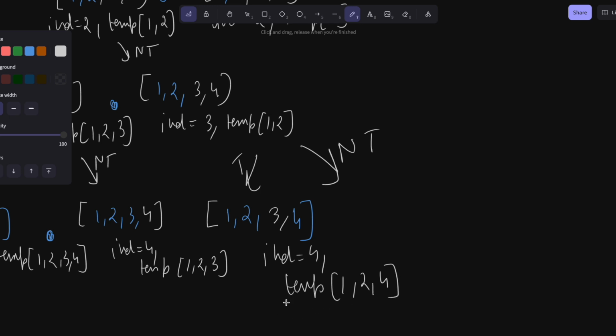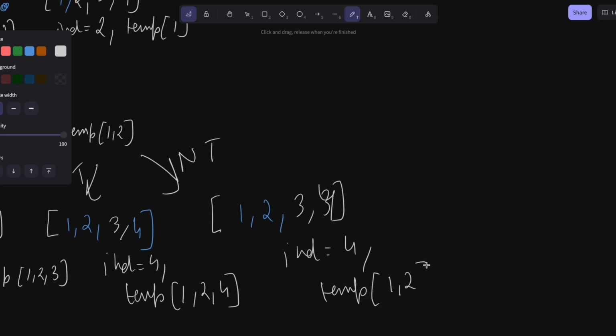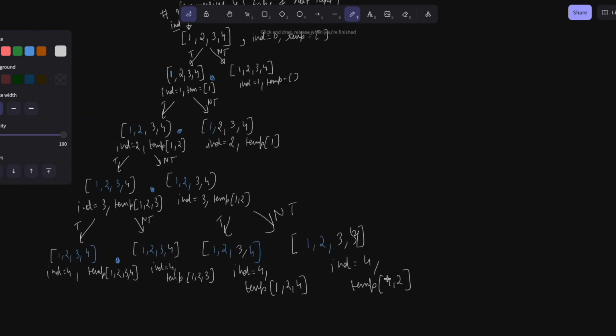And yeah, if you just see the not take part, then this is also a possible subsequence. We were having 1, we were having 2, we are not taking 3, neither are we taking 4, so this remains as it is, and our index gets incremented to 4, and the temporary array remains as it is with 1 comma 2. So if you see just now, what is the temporary array that we received? What is that temporary array? See this part. If I just zoom in,